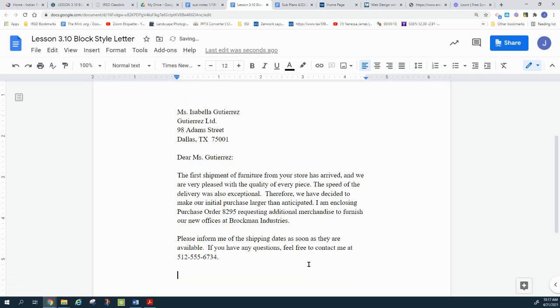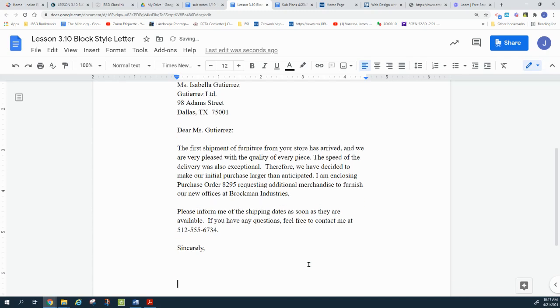Okay, then you hit enter twice to put your complimentary closing, which is sincerely. You hit enter 4 times, 1, 2, 3, 4, to type the name. Okay, and then we are done with that part. Again, it's called a block style letter because everything is aligned on the left. You don't indent, and